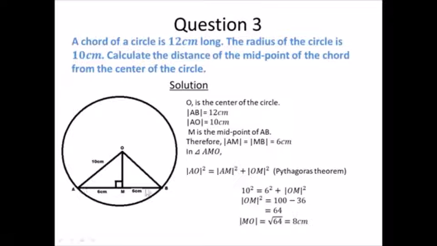midpoint theorem, one of the theorems says that this distance from the center will bisect this chord into 2. So if we divide this 12 by 2, we have 6 plus 6, because our AM is equal to our MB. Since that is that, we know the AO, which is the radius of the circle, is the same thing as our OB, because that's also a radius. So from the triangle AOM,